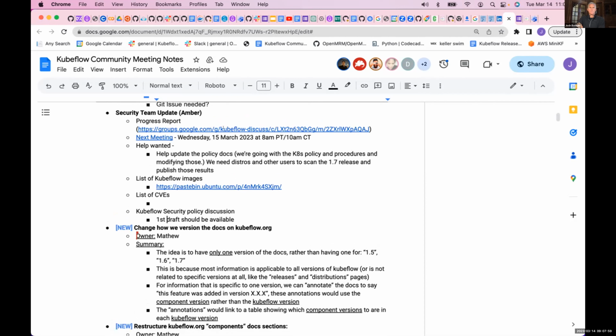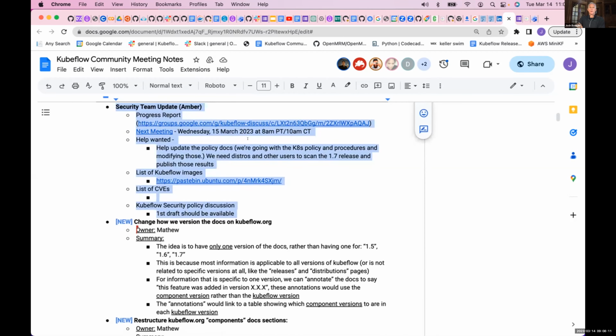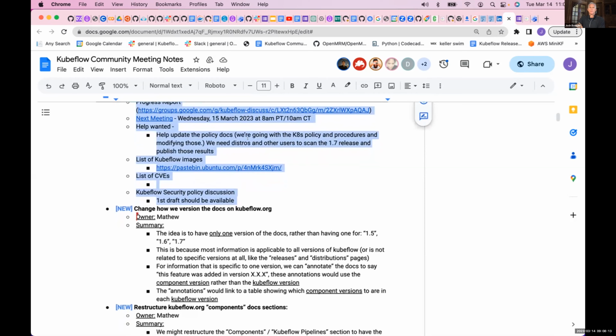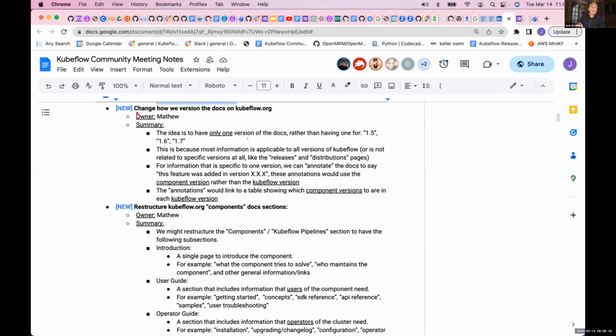So this is probably a good lesson learned about how to grow a team inside of Kubeflow and keep momentum going and making good deliveries. So I guess we'll wait for an update on that one.